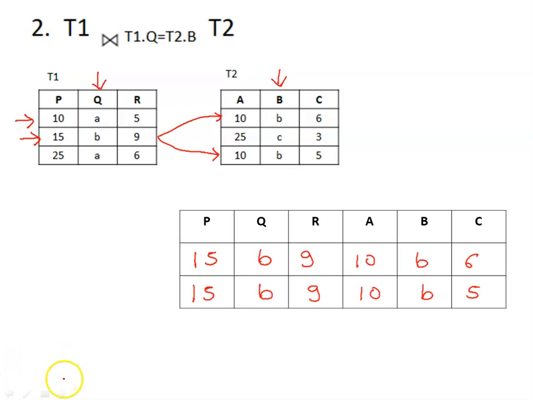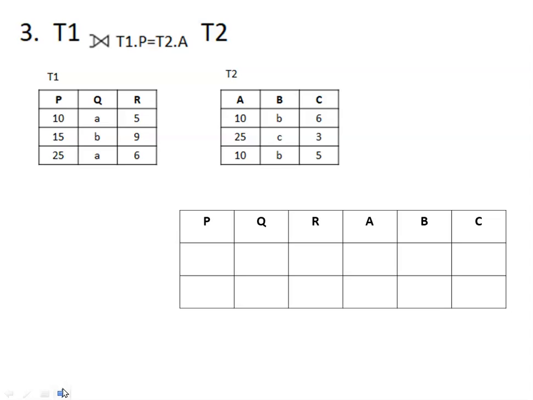We move on to the next problem. Now in this case we are considering a different type of join, that is the left join. How do you identify that it is a left join? It is a normal join operator with an extension on the left hand side. Now when it is a left join, we consider all the tuples on the left hand side of the table. So in this case, for simplicity, I will consider all the tuples as of now,